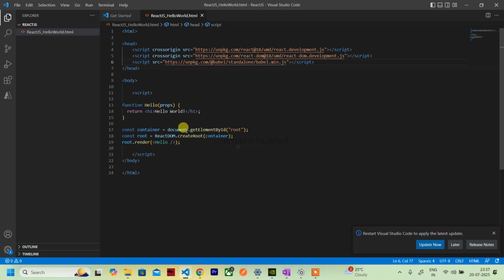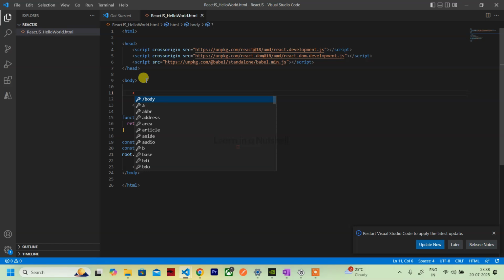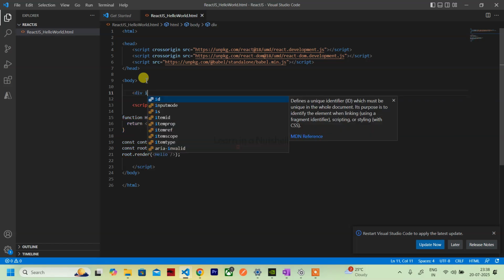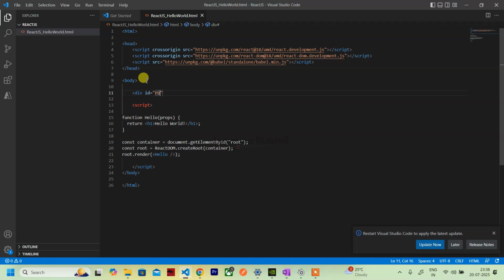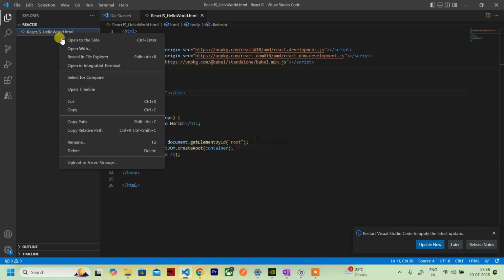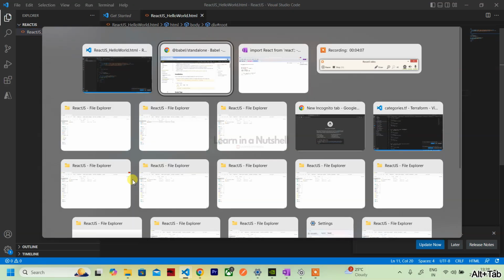So that is done. Now you may wonder where is this root. That root needs to be created over here. So let's create a root div. We'll give the ID as root because that's the ID it is looking for. So div is also done. So let's see if this works. We don't have to compile or something like that. Just need to copy this path and go to our browser